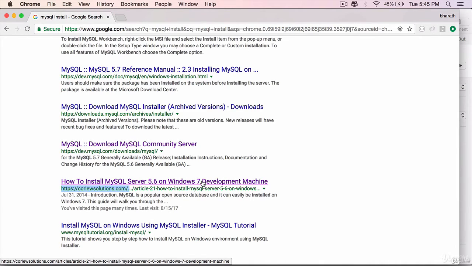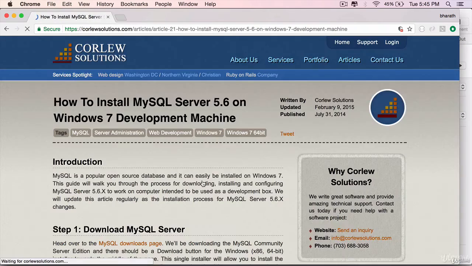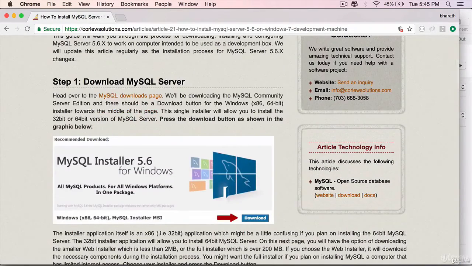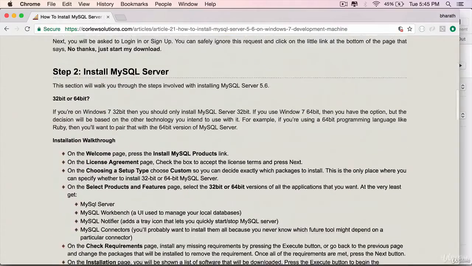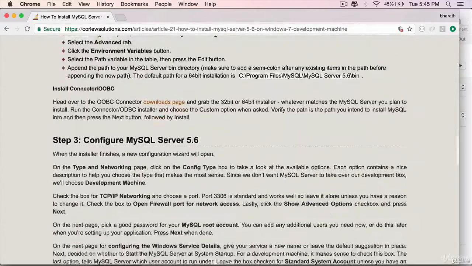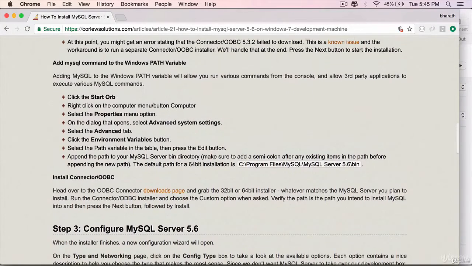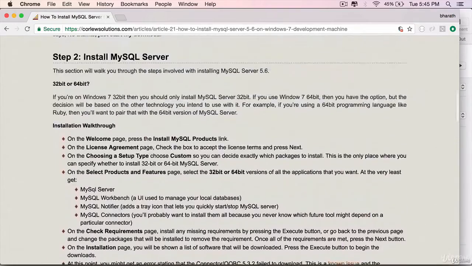This works for different versions of Windows and Mac. Click on that link and it lists out all the important steps to download, to install and to configure. Again, all these instructions are nothing but clicking on the next button. Only if you have any issues, you can come back here and refer to it.